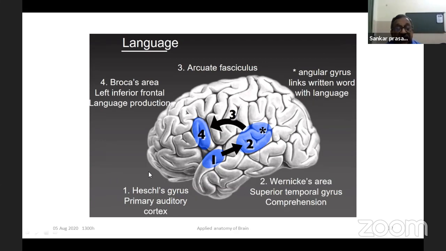The Heschl's gyrus is the primary auditory cortex, where whatever I am talking, you are hearing, and that is again processed in the Wernicke's area, which is present in the superior temporal gyrus, and here it is comprehension. Comprehension is very important here because auditory and language areas are connected, and the angular gyrus links what are stored written words and images in the hippocampus